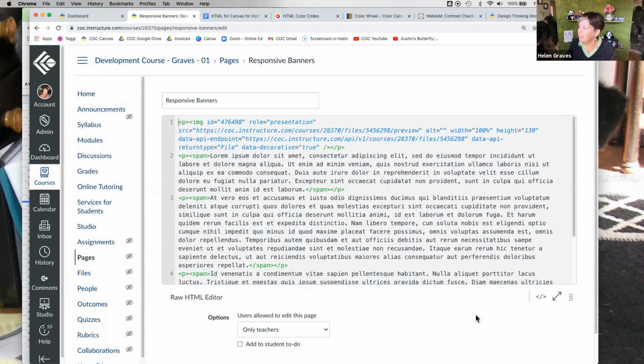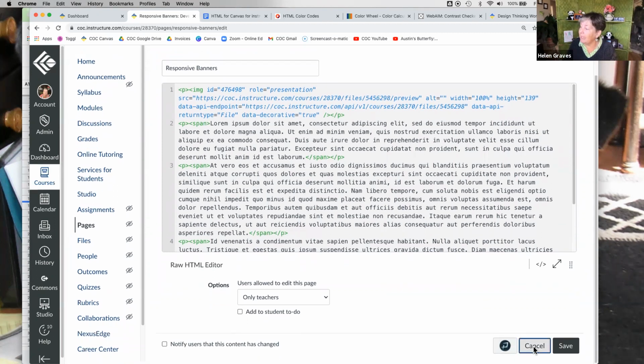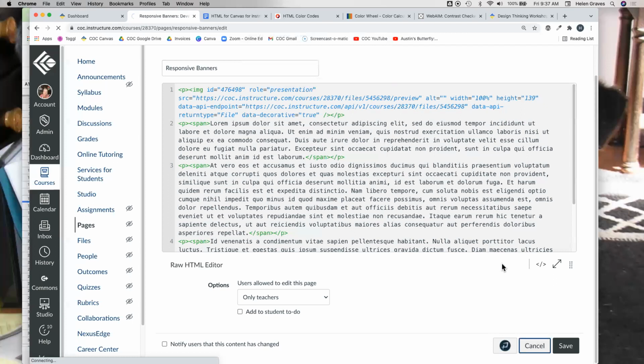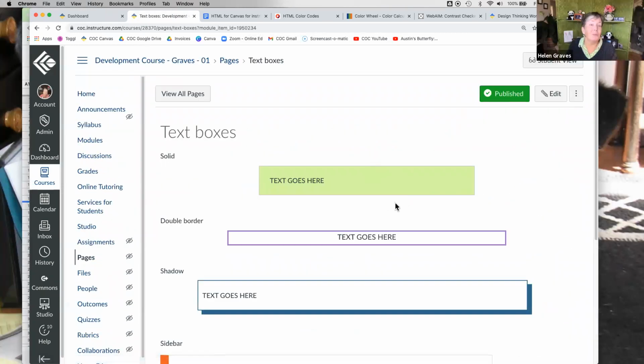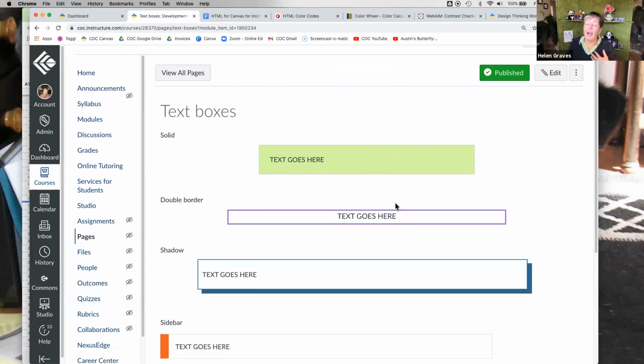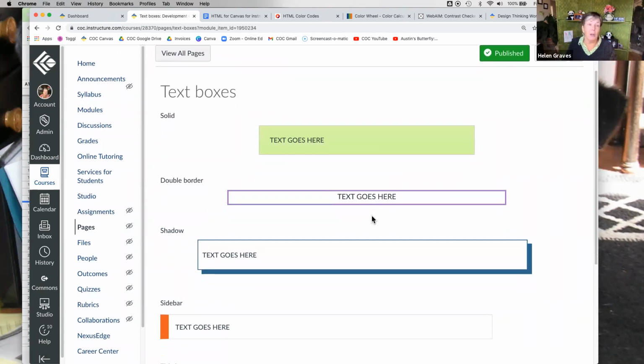All right, next thing I want to show you, and this is where we're going to get a little fancy, but I know you're ready for it. The text boxes. I'm a very visual person, and most people are. Vision is big for human beings. So I like to use text boxes, not willy-nilly, but maybe one on a page, or two if it's a really long page, to draw attention to things I want to make sure students are seeing, because your eye can't help but be drawn to that text box.